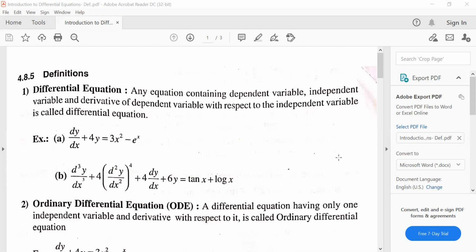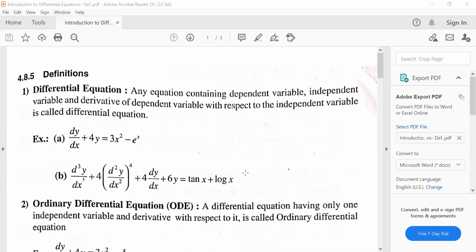Then the change of them is written as dy by dx. That is, what is the change of y with respect to the change of x. So the rate of change of y with respect to x is dy by dx. An equation involving this derivative and those variables is said to be a differential equation.